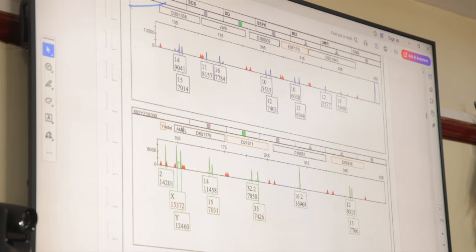There was also no sign of ladder contamination. Sample 9 has indications of DNA from more than one person, so no ladder contamination, but there is a mixture in that one. And the same with sample